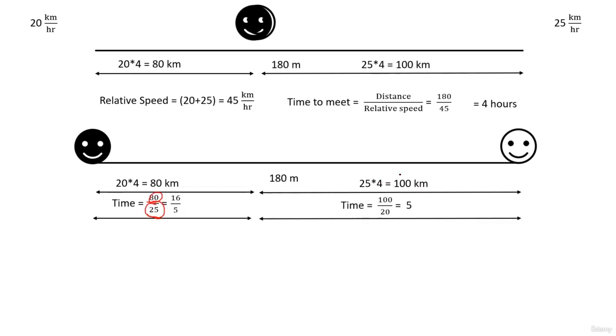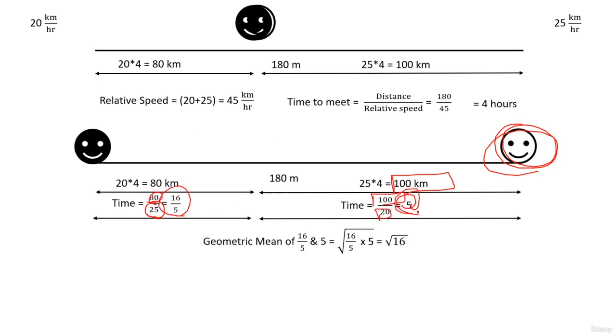Similarly, if you observe, this distance is 100 kilometers. जो अब ये वाला object travel करेगा, white smiley, उसका speed कितना 20 था. So how much time will it take? 100 divided by 20, which is 5. What do you observe? The timings are 16 upon 5 and 5. The geometric mean of 16 upon 5 and 5 comes out to be equal to 4 hours, which is the time taken to meet for the